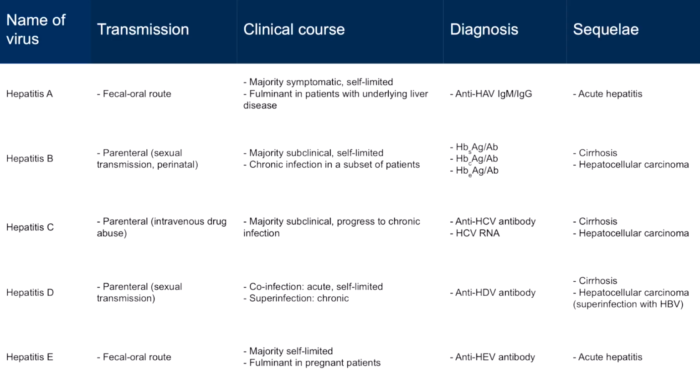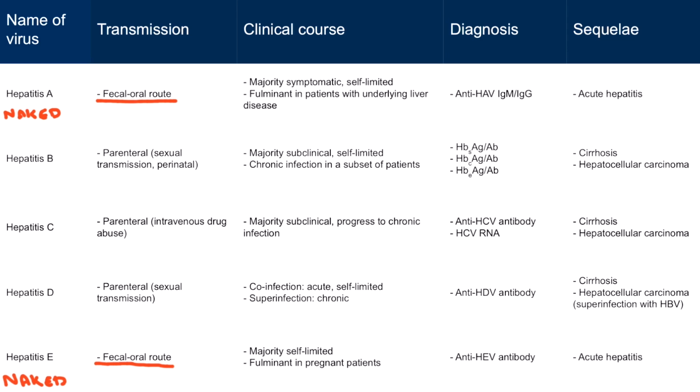Before we begin, let's have a look at this table which summarizes the key features of hepatitis viruses A to E. The predominant mode of transmission for hepatitis A and E is the fecal-oral route. These two viruses are naked RNA viruses. Recall from step 1 that naked viruses, which lack a lipid envelope, are generally resistant to harsh environments, such as gastric acid. And so many of these viruses are transmitted via the fecal-oral route, as is the case with hepatitis